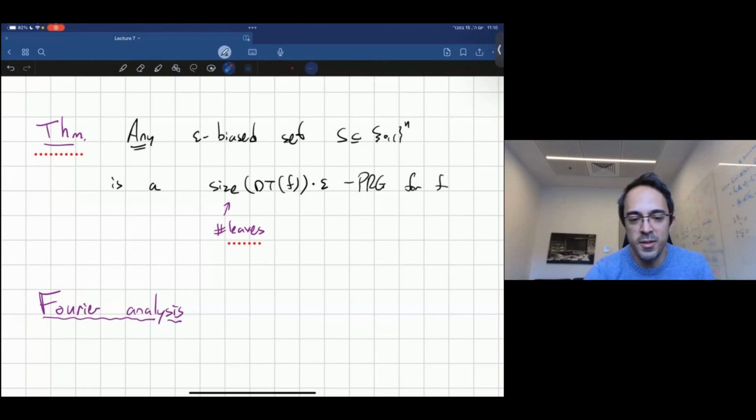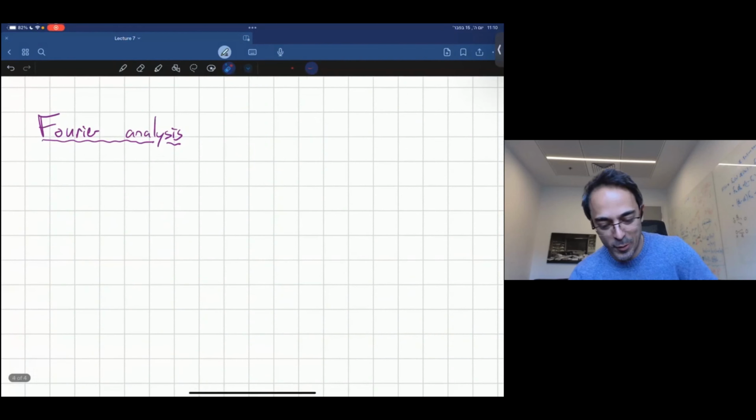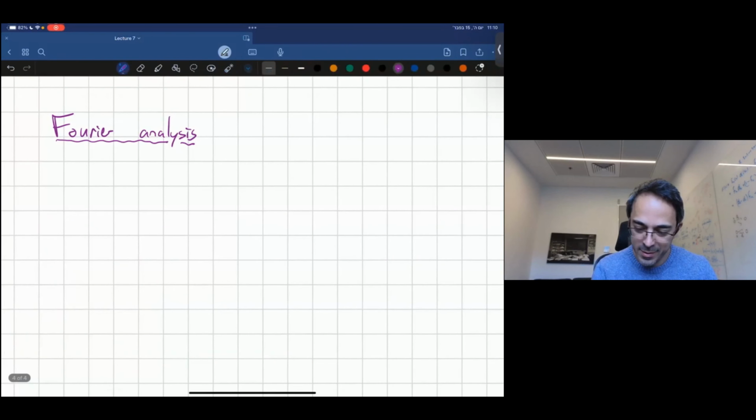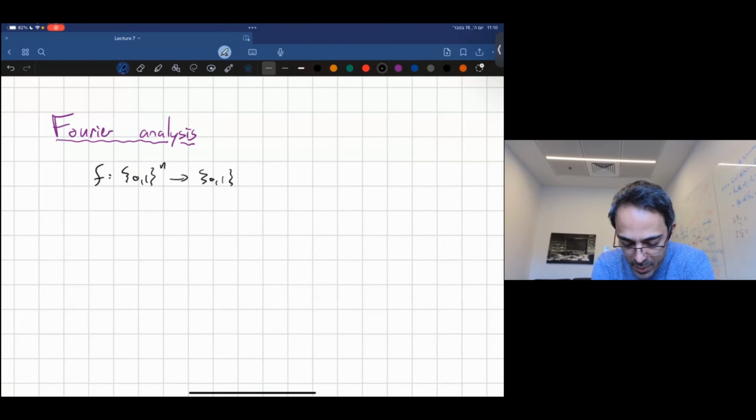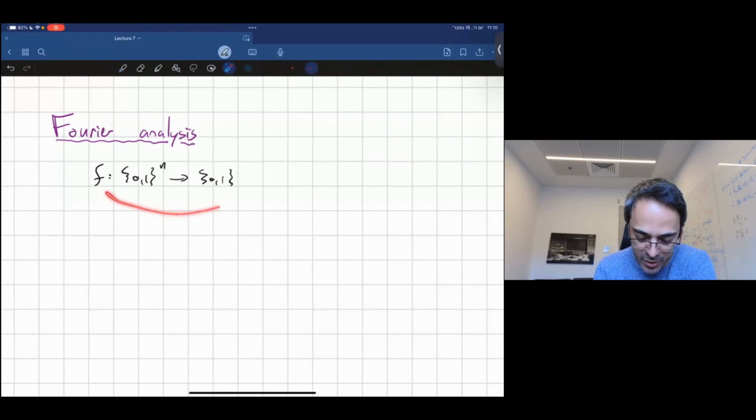Okay, so let's continue. Fourier analysis is a complete course. It's not a 10-minute part of a course in pseudo-randomness, but it's kind of remarkable what you can do in 10 minutes about Fourier analysis. So what's going on here? Say you have this function f. Forget about PRGs for the next couple of minutes. Say you have this Boolean function, the way we started, and now,